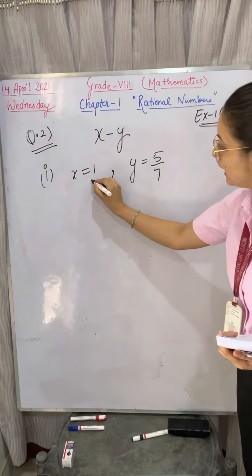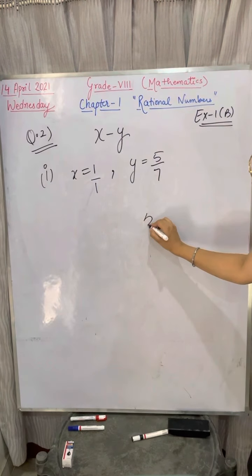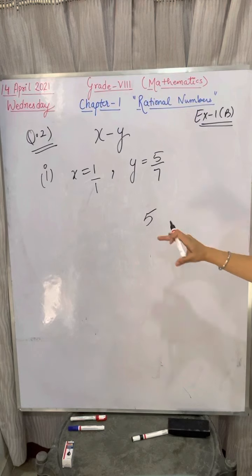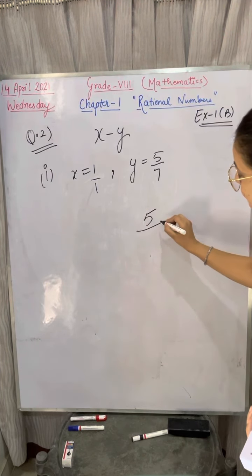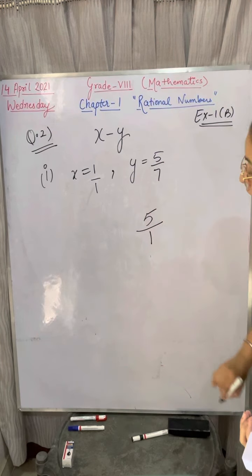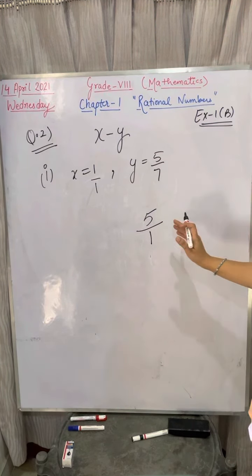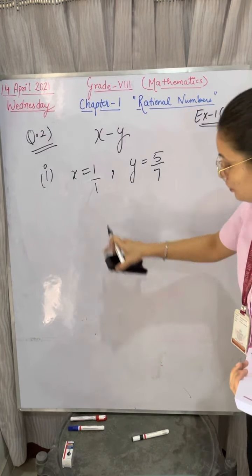1 means there is always a denominator 1. If any value is given to you, like 5, and they ask whether 5 is a rational number or not, it is a rational number also. Because if nothing is given, that means in the denominator 1 is always there, for all the numbers. Okay? So it is 1 upon 1.